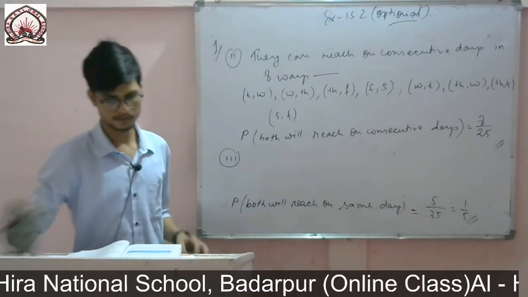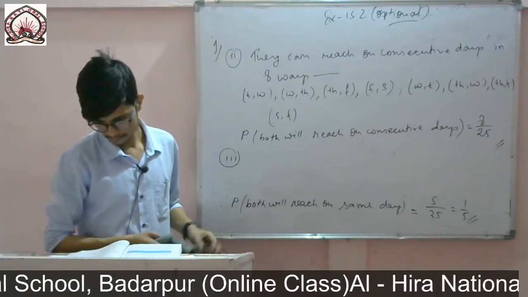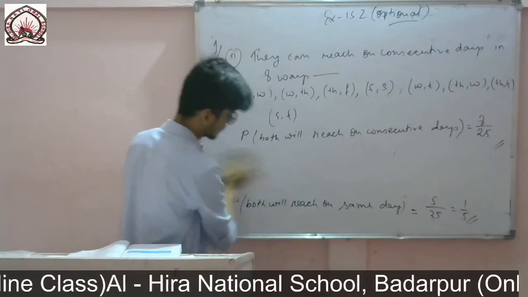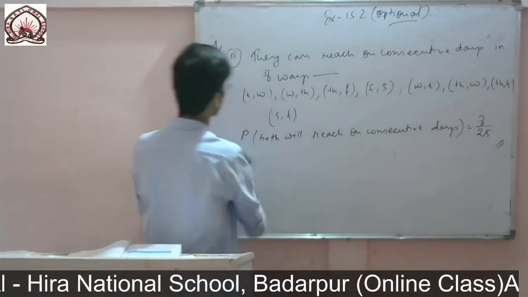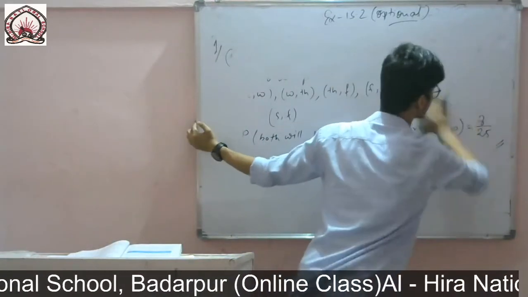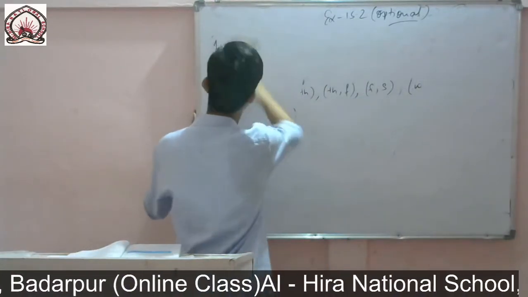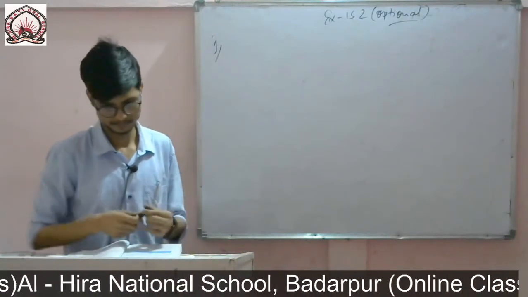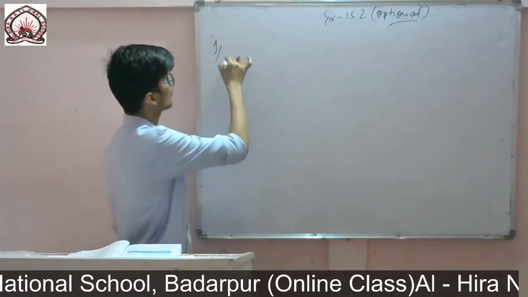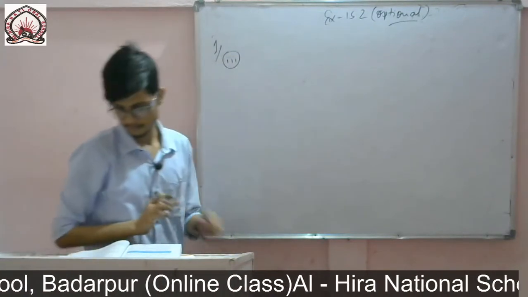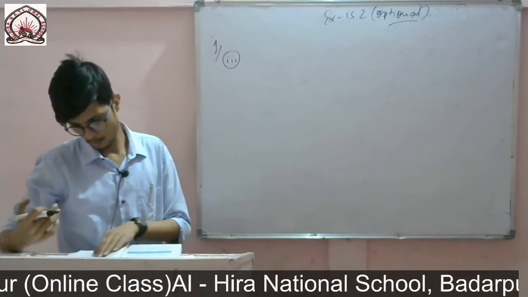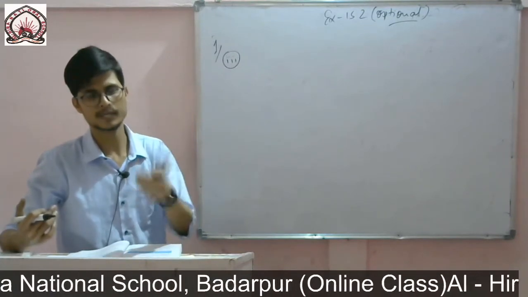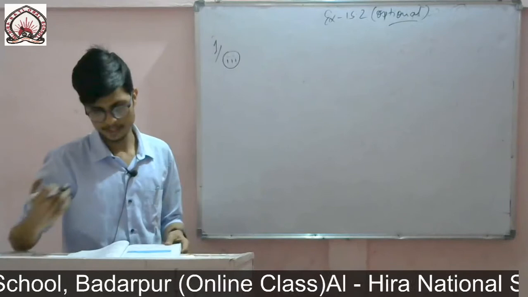So this one, Roman number 3, we can find directly. I will show how. On the first one, Roman number 1, I have found the probability of the same day. Now it is on different day. That means probability of E plus not E will be equal to 1. I can use that formula.